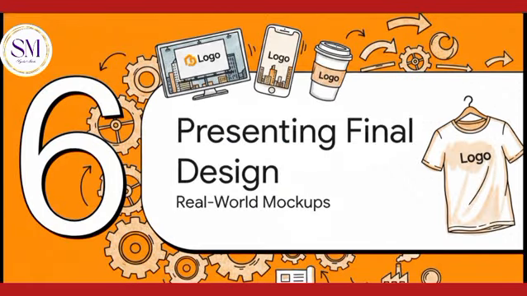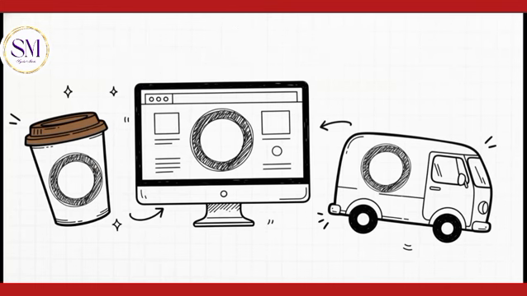Which brings us to Section 6, presenting the final design. This is the grand finale of our creative process, proving that the design actually works out there in the real world. A logo just floating in the middle of a blank digital file doesn't tell the whole story. To truly prove that your proportion, contrast, and color theory are working, you absolutely must lock your final art into a real-world mockup. Most clients just can't visualize a flat file, but when they see that beautifully balanced, shape-built coffee